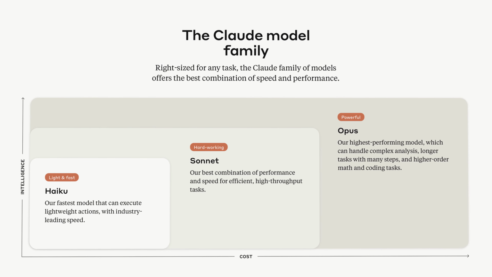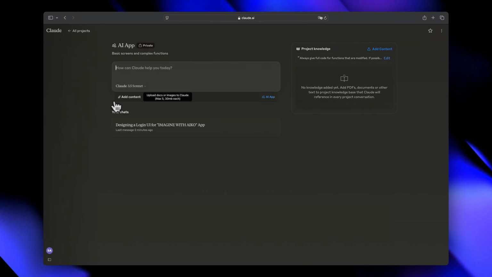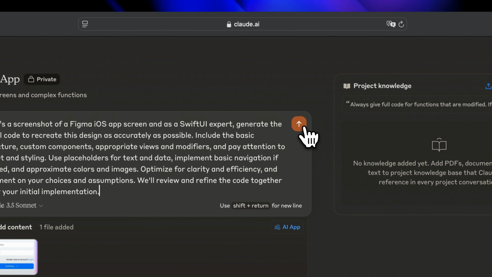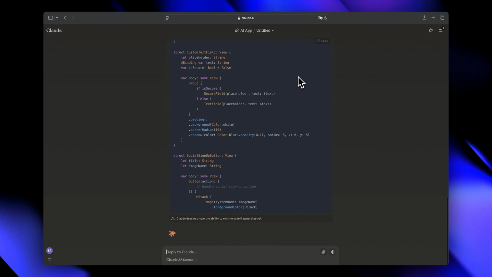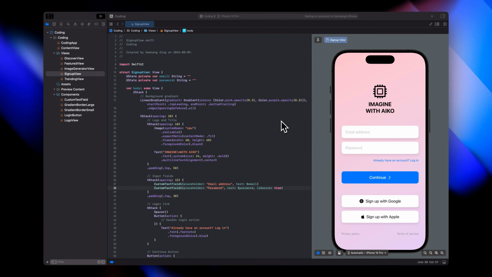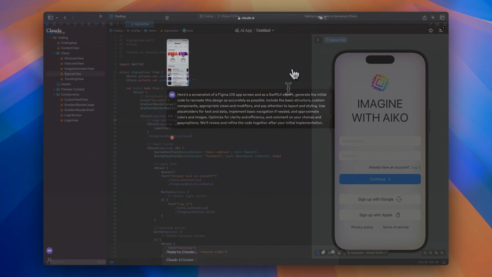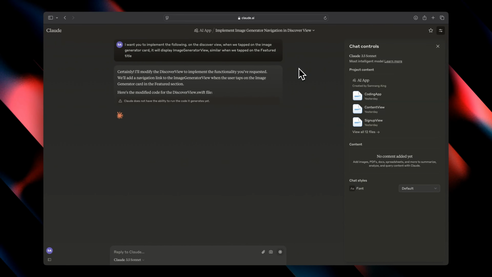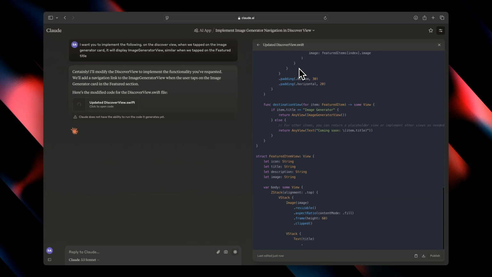Introducing Claude 3.5 Sonnet, the most intelligent model in Anthropic's Claude 3 family, a powerful AI assistant that can revolutionize your coding workflow. With its advanced natural language processing and deep understanding of multiple programming languages, Claude 3.5 Sonnet can assist developers at every stage of the software development lifecycle. It excels at generating efficient, clean code snippets, explaining complex algorithms, debugging tricky issues, and even suggesting optimizations for your